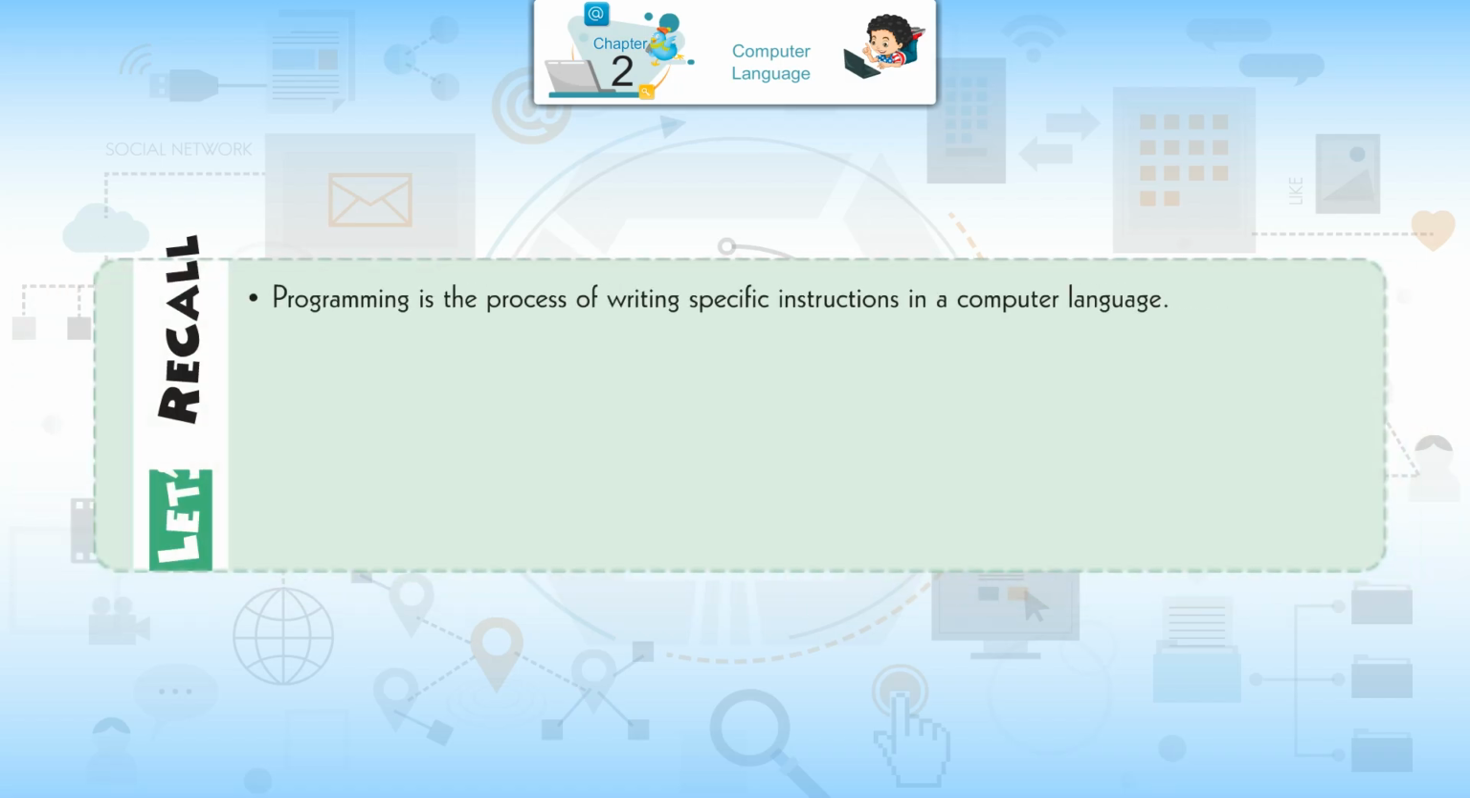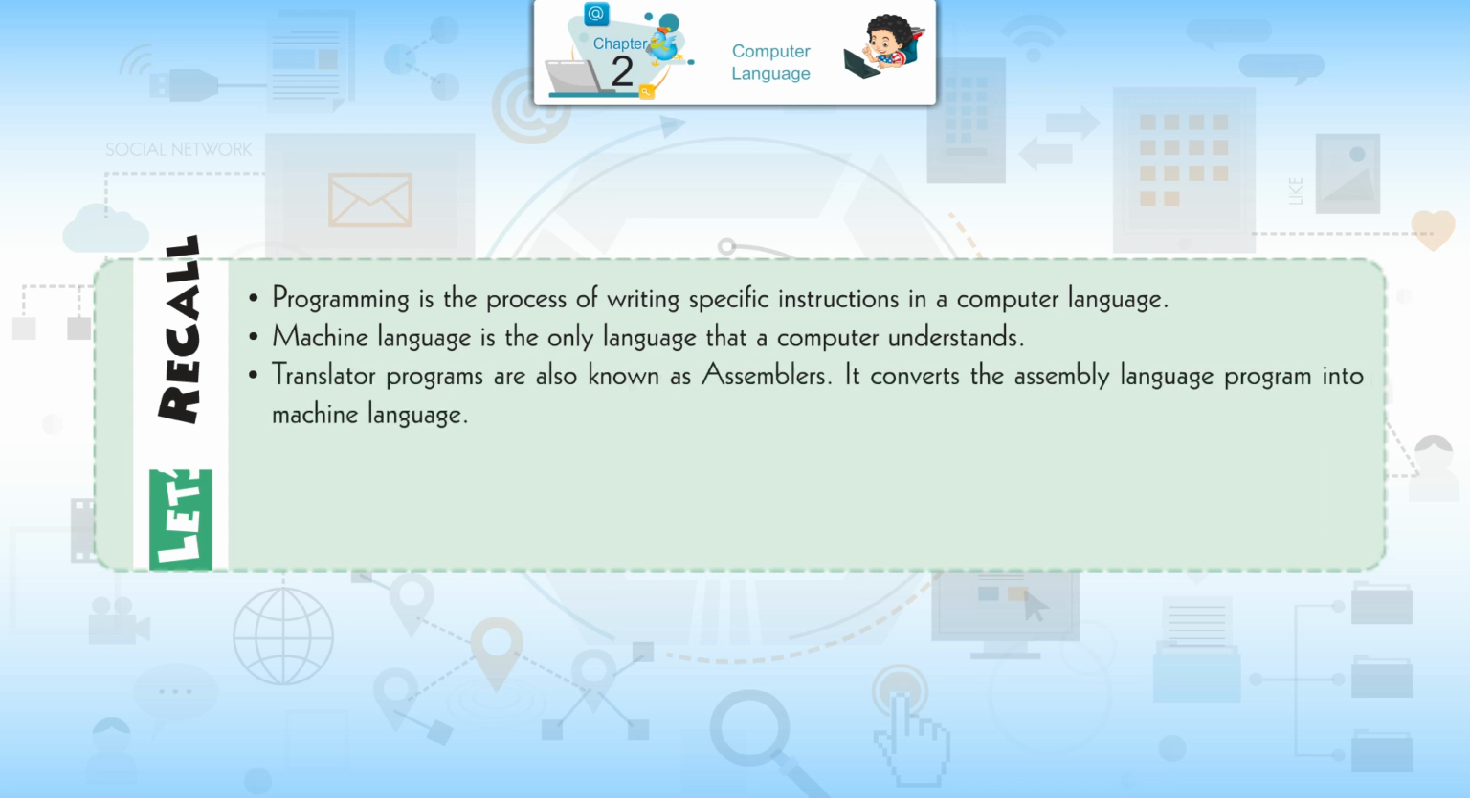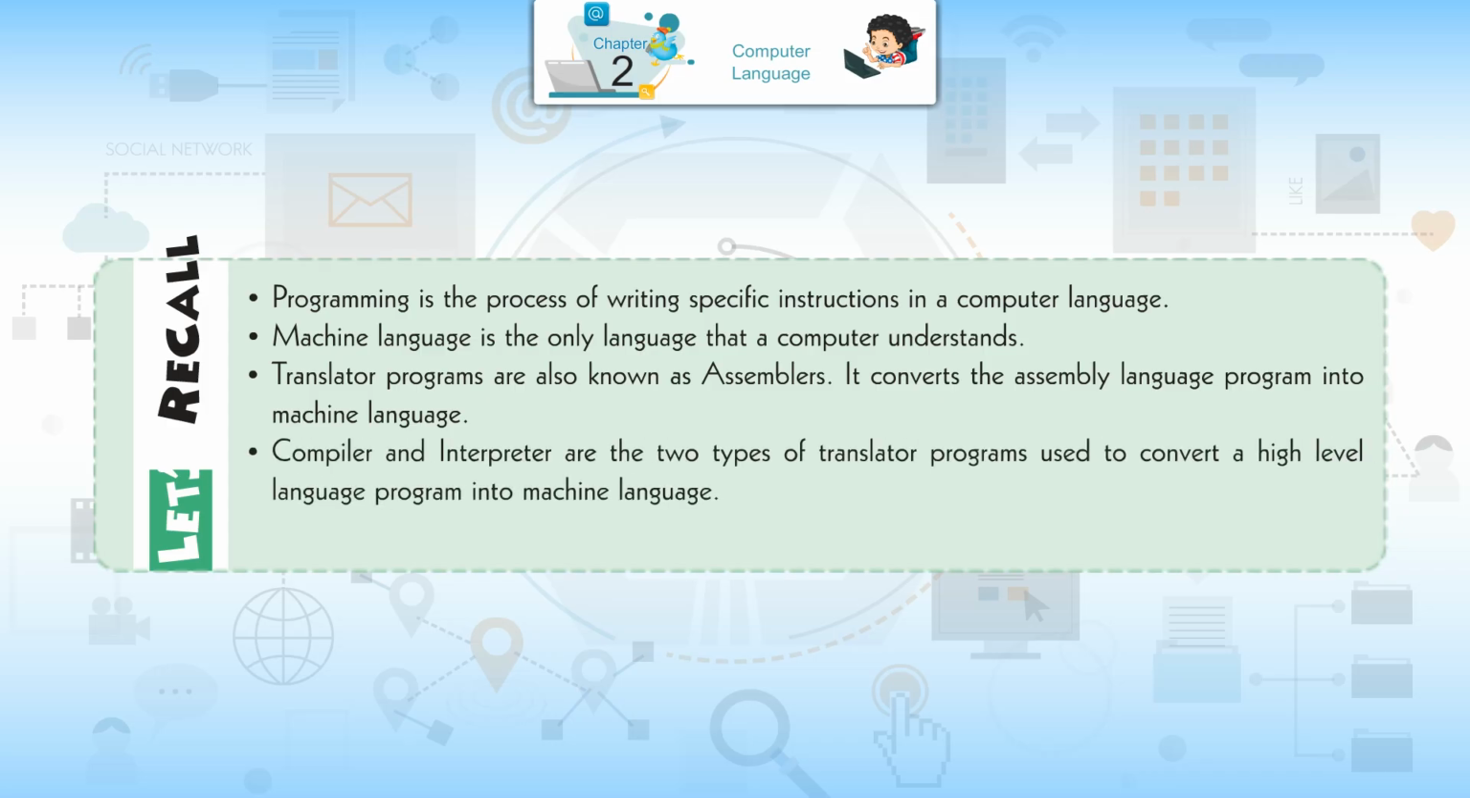Let's recall. Programming is the process of writing specific instructions in a computer language. Machine language is the only language that a computer understands. Translator programs known as assemblers convert the assembly language program into machine language. Compiler and interpreter are the two types of translator programs used to convert a high-level language program into machine language. The term software was first used by John W. Tukey in 19